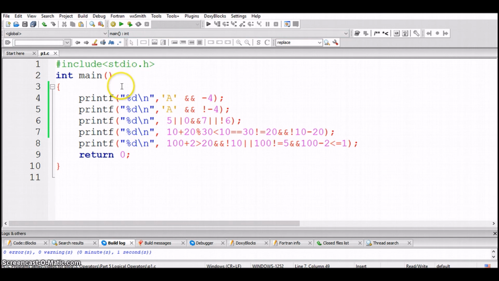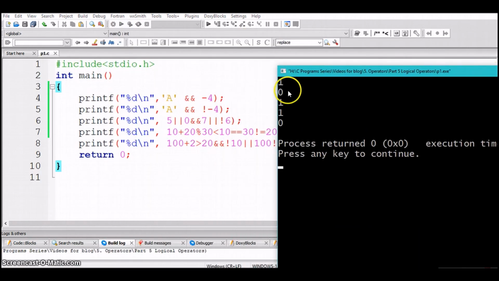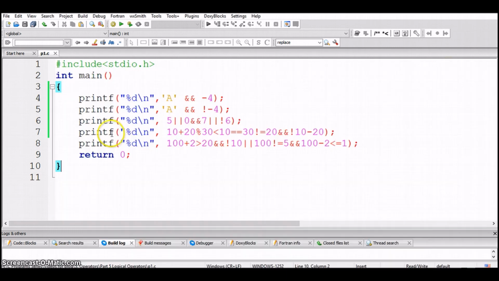Whatever examples we have discussed, I have written the program for that. If an expression evaluates to true, then 1 will be returned. If it evaluates to false, then 0 will be returned. So all the 5 examples which we have discussed now, I have written the same program for them. Let's execute and check it. So yes, we are getting the same results. First one which was true, second one false, third, fourth true again, and the last one false. I hope you are getting the same results.